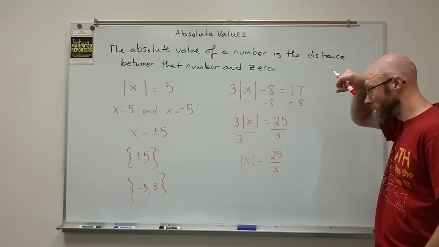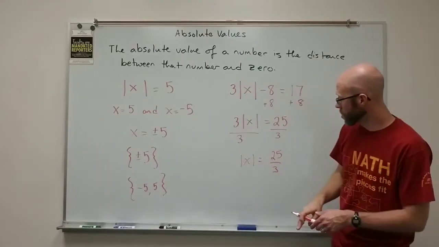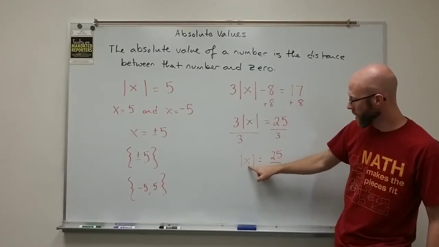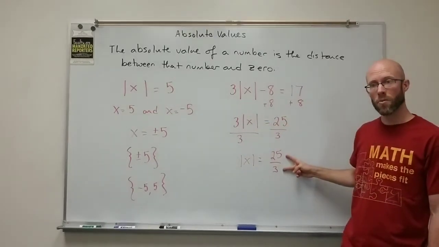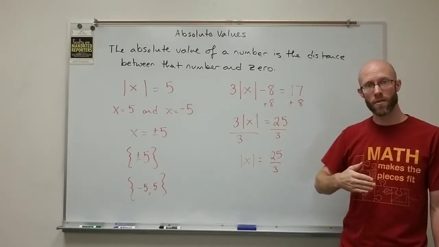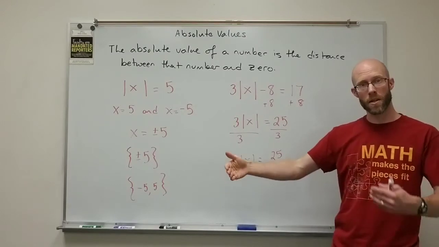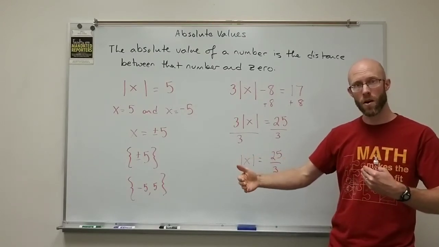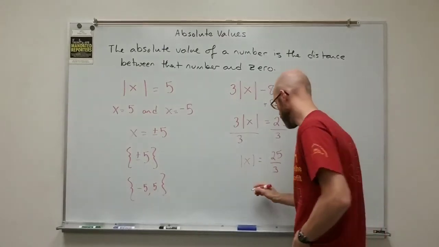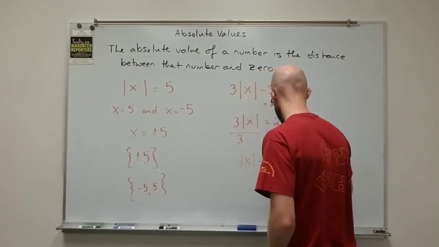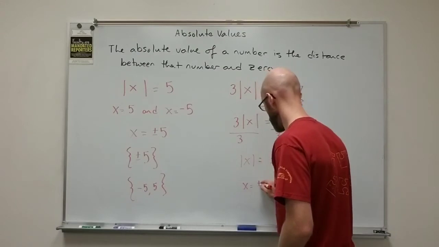And then, like I said before, all we're doing here is trying to figure out what values of x will make an absolute value of 25/3. Well, the answer is both positive 25/3 and negative 25/3, because they both have a distance from 0 of 25/3. So the final answer here is x equals plus or minus